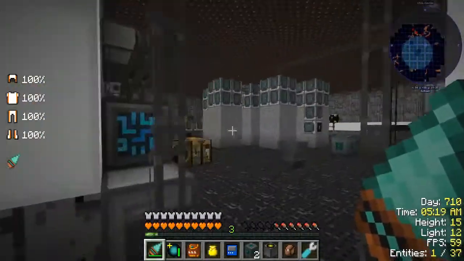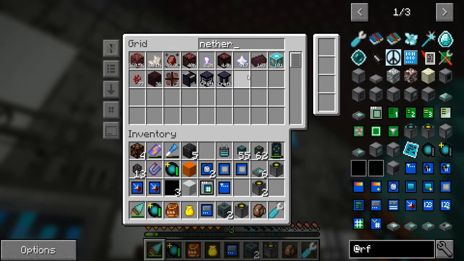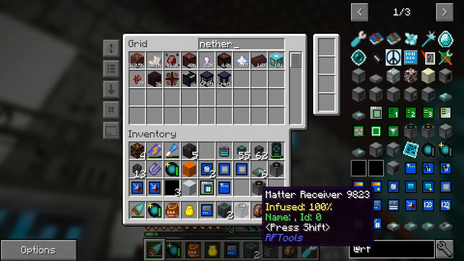How many nether stars do we have? I don't think it's crafting anymore. Nether stars. Well, we have 918, 917. Let's see how long that takes to go down. But that's kind of cool. So now we can teleport and we know exactly what floor we're going to be on based on the color. We could also create rooms that are going to be kind of teleportation nodes. Maybe that. So instead of having a matter transmitter and receiver in every single room,